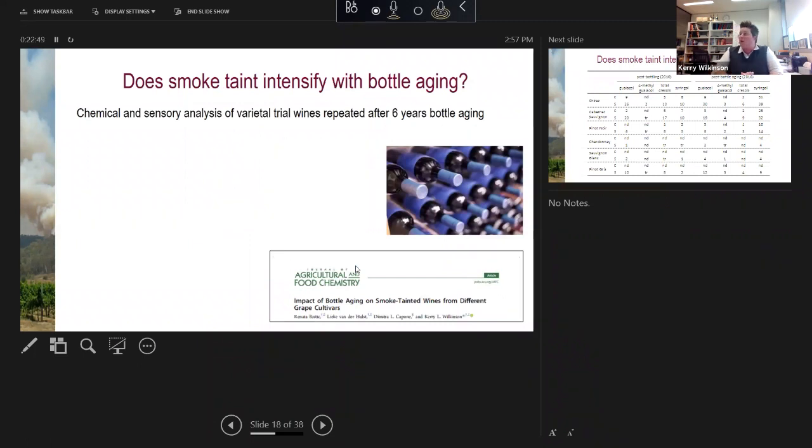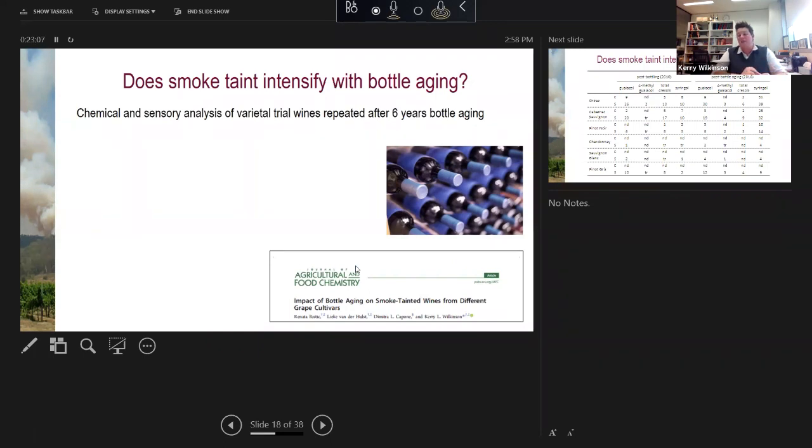One thing that we'd heard for quite some time in the wine industry was that there was this intensification of smoke taint in wine over time with aging or bottle aging. So this is something that we wanted to investigate, and we did this by taking the wines from our varietal